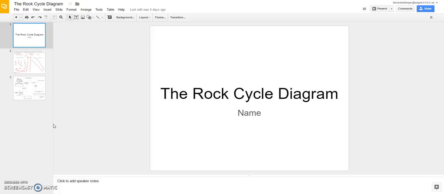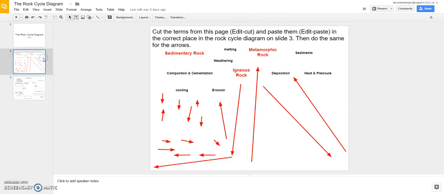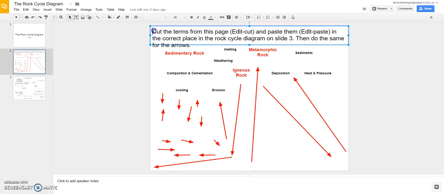This video will show you how to complete this rock cycle diagram assignment. So on this first slide here, you can type in your name. Then the second slide, the instructions say cut the items from this page, which is edit and cut, or